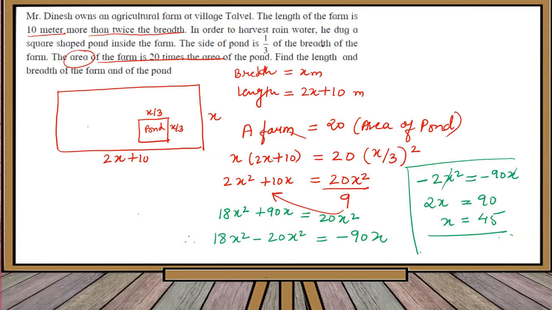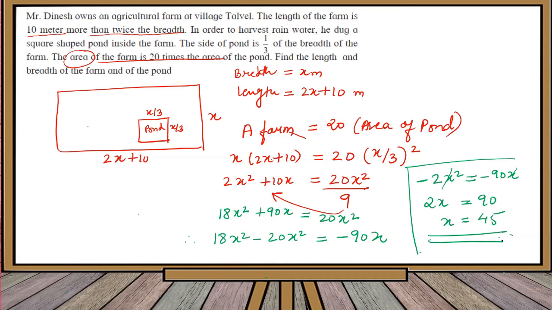So if you observe, if we take this 9 over to LHS, it will become 18x square, 9 times 10 that's 90x equal to 20x square. I bring this 20x square again to the LHS, it's 18x square minus 20x square, and take this 90x over here, minus 90x. Okay, so this will be minus 2x square minus 90x, minus will cancel. Again 1x and 1x will cancel. So what are we left with? We are left with 2x is equal to 90. Hence x is equal to 45.